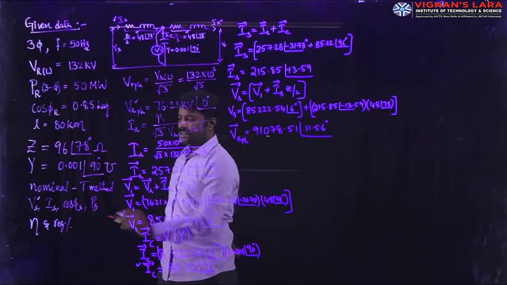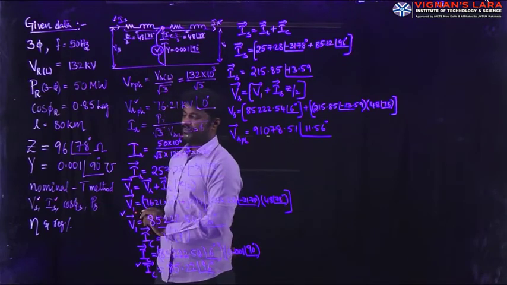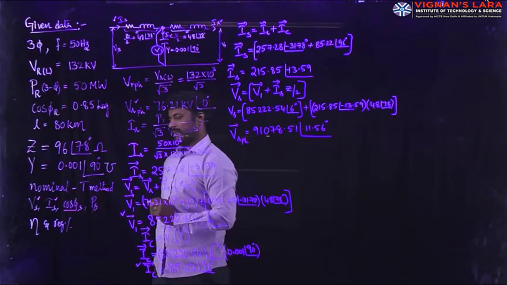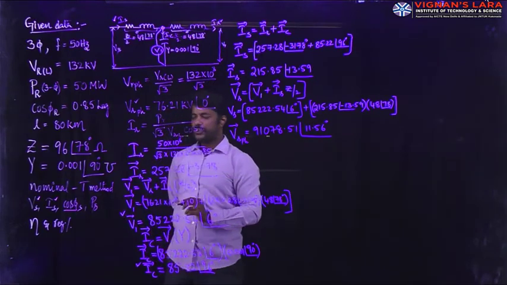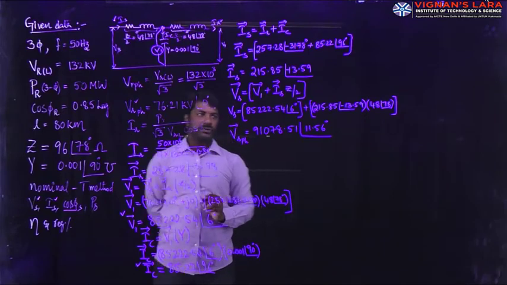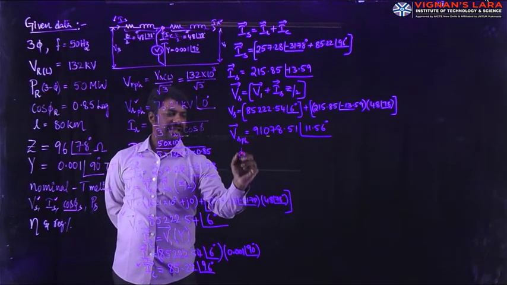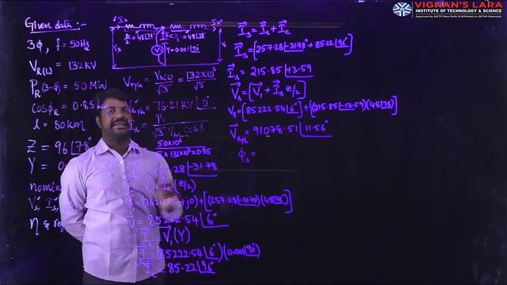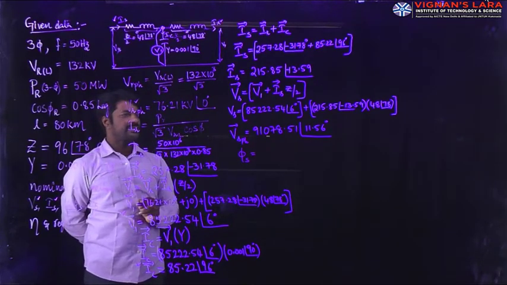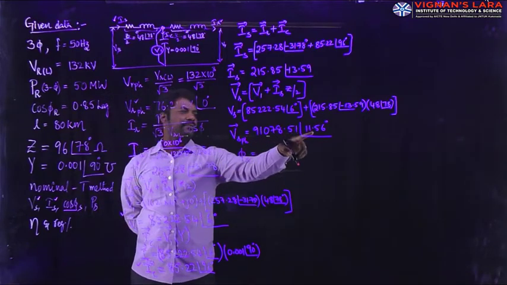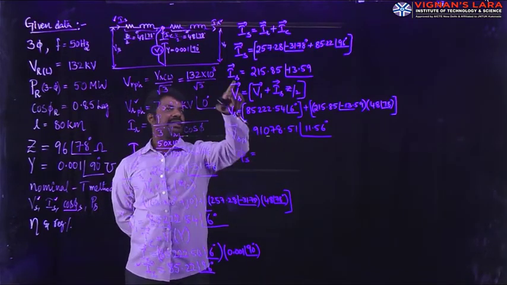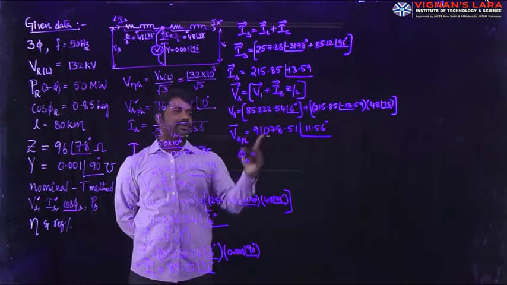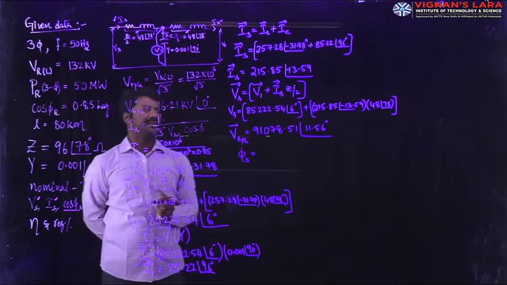And also we got the value of IS. The next immediate step is to find out the power factor cos phi s. To find out the power factor, one should know the value of the phase angle. How to get the phase angle? The phase angle phi s is the angle difference of the voltage and current on the sending end side. Observe the angle of this Vs, it is 11.56, and observe the angle of the current IS, it is 13.59 with negative sign. So the difference of these two gives us the phase angle.